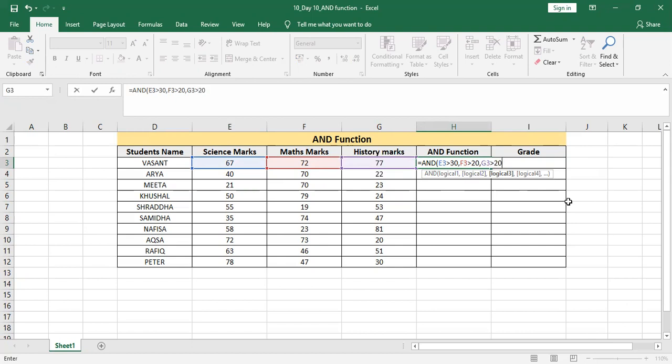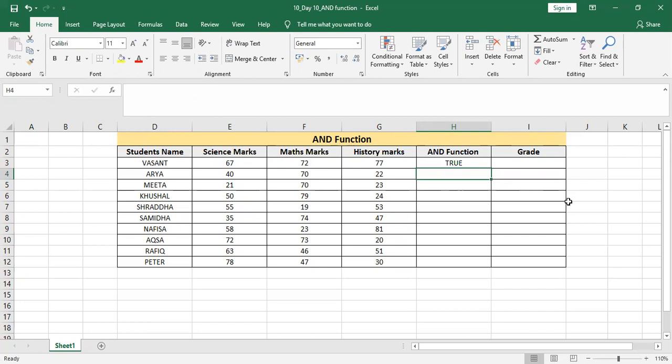If all these conditions are fulfilled, only then we can get the result. If all are true, then we will get the result as true. If any one condition among these three is false, the result will be false. So I'll press enter. See, now I am getting true.